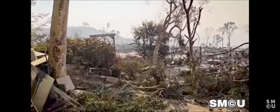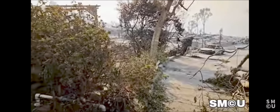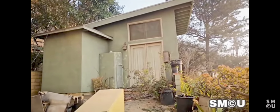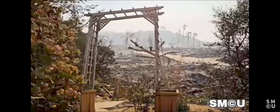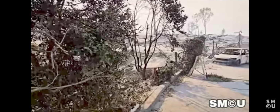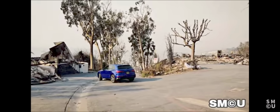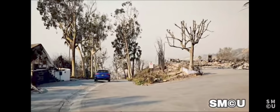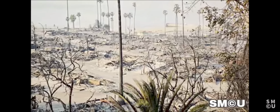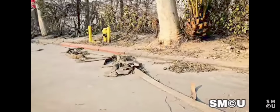A bolt of lightning that goes toward the hood and does not go towards the other parts. And look at all the unburned foliage. And there's another car in the background. Look at all the leaves. And they'll show you more melted destruction just over the ledge here. Yet they expect you to believe that flames did all of this. Flames melt the metal, but they don't light up the leaves. No, microwave energy draws toward the densest material, and electrical energy draws toward that which is most conductive. That's why it leaves the leaves and the highly flammable material and burns the non-flammable material, what we typically think of as non-flammable: metal, brick, concrete,